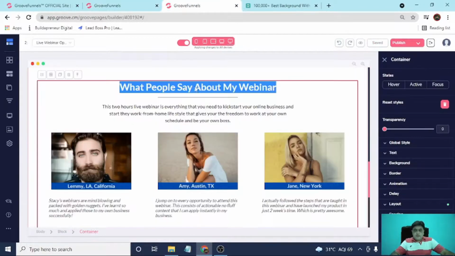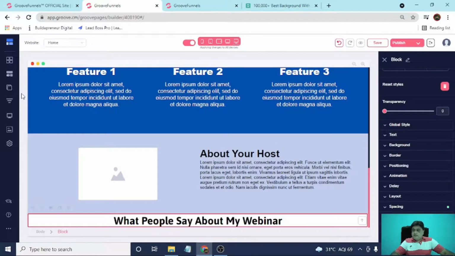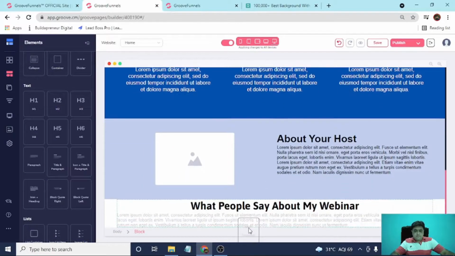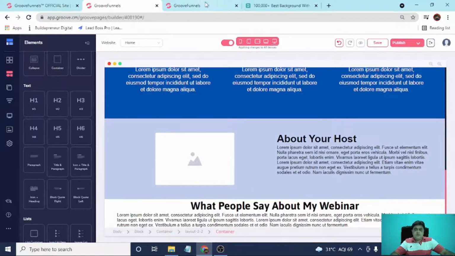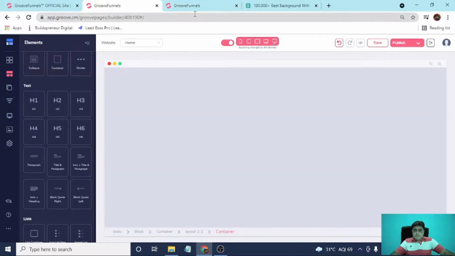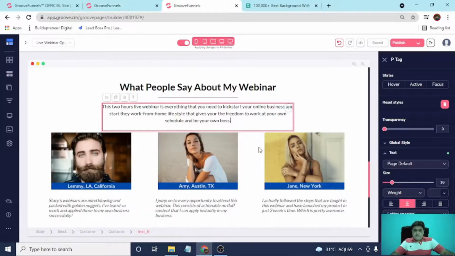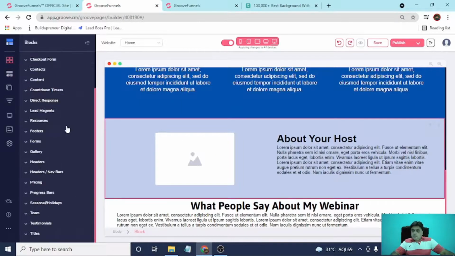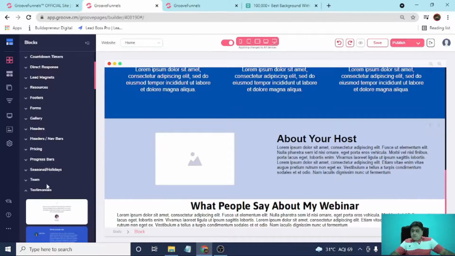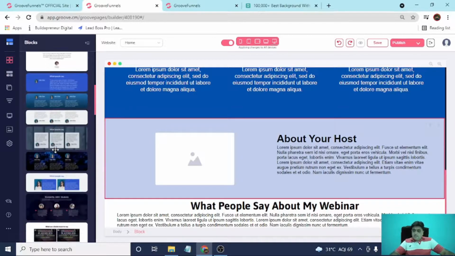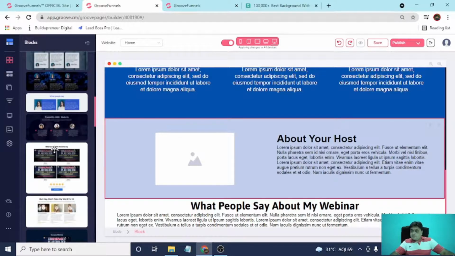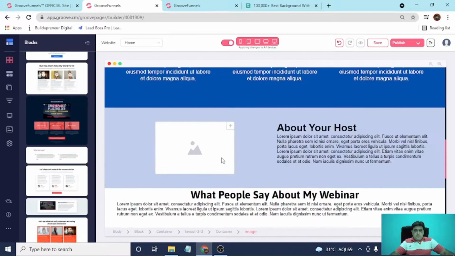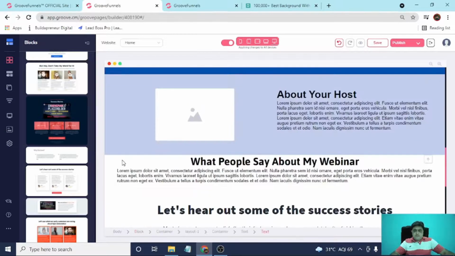Okay, now here we can select elements as a paragraph. Okay, drop it here. Now there are 3 blocks. Also we can select a ready-made block. Let's go to testimonial. Let's select block. Okay, guys, we have our testimonial section.